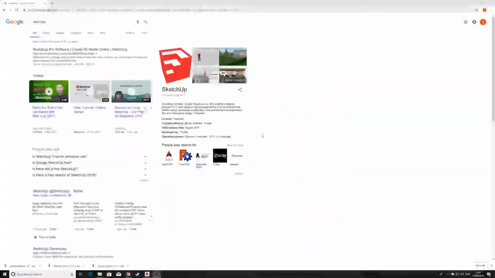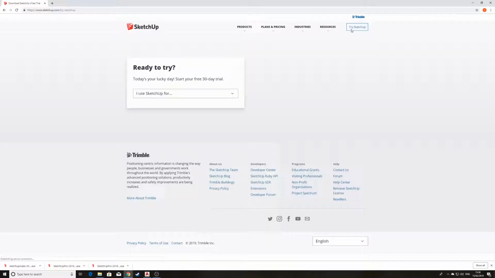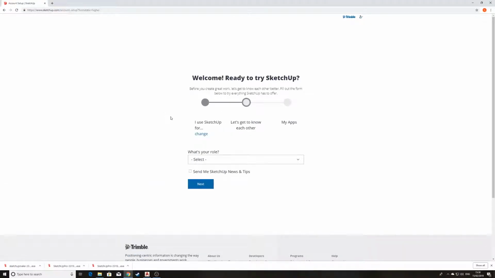So first things first, we're going to have to download SketchUp. You just type SketchUp into Google, go on their website, and up in the top right hand corner you'll click on Try SketchUp, and then you just have to run through a bunch of pages first. It'll ask you to sign in, and you'll either make a Trimble account, or if you have a Google account, you can sign in with that, but you don't have to pay anything for this. It's just a free trial of SketchUp Pro. So you select your role as well,